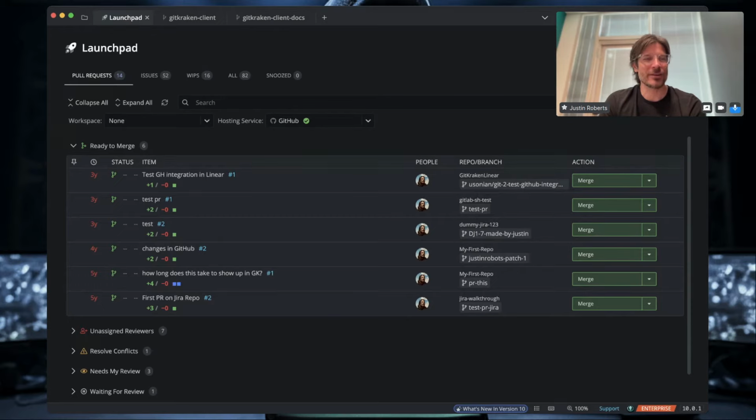So the scenario that we're going to test here with Launchpad is, Jonathan has created a pull request, and he's assigned me as a reviewer. So I want to show you a little bit about how that shows up in Launchpad, and then how we can use our new feature, Code Suggest, to do a more flexible review and suggestion on that than you might typically be able to do in GitHub,